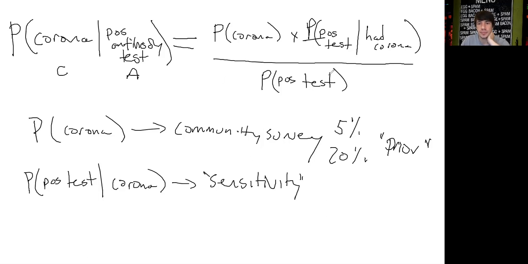Well, you administer the test to people who you're pretty sure for other reasons had the virus. So, for example, if we're talking about an antibody test, then you could administer the antibody test to people who previously tested positive via swab for the active thing when they were sick and had symptoms, or maybe didn't have symptoms because we want to include the asymptomatic people, right? So, there's a question of getting a good estimate of this,